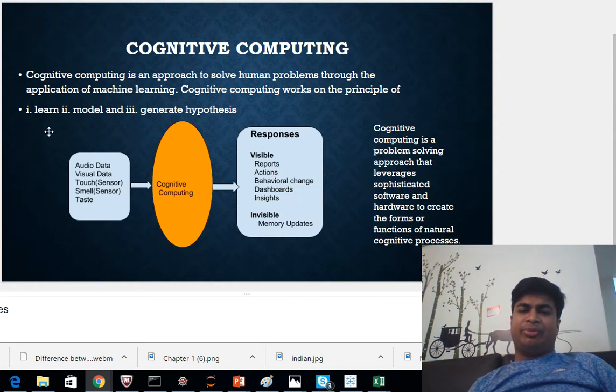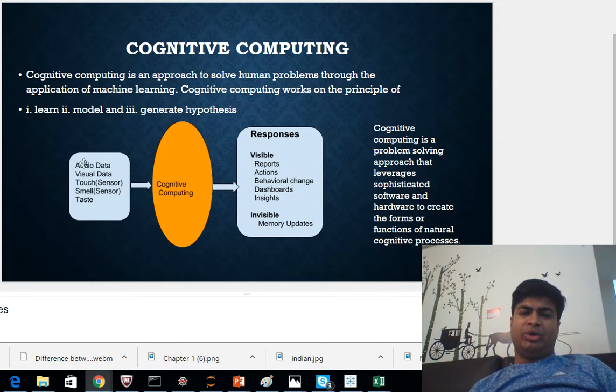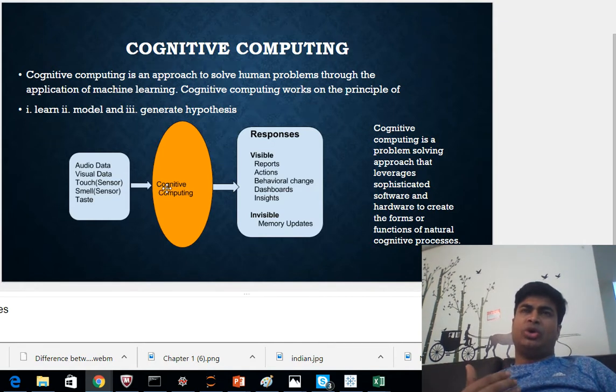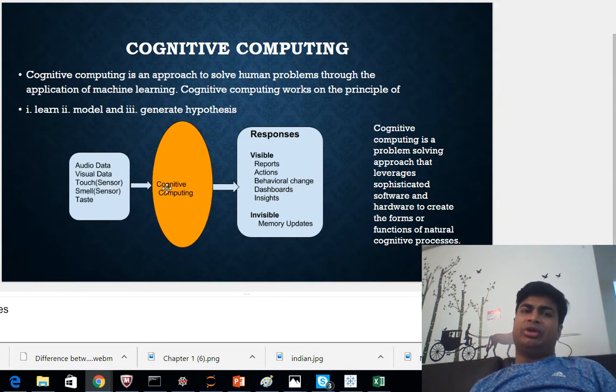Now let's discuss the principle: learn, model, and generate hypothesis. If you want to talk about speech to text, audio is consumed. Now how can a machine make sense of audio? Suppose a particular sound has a label, like this particular sound means going, this particular sound means home, this particular sound means this. So it learns from the experiences, it learns from the data, and then it builds a model and then generates